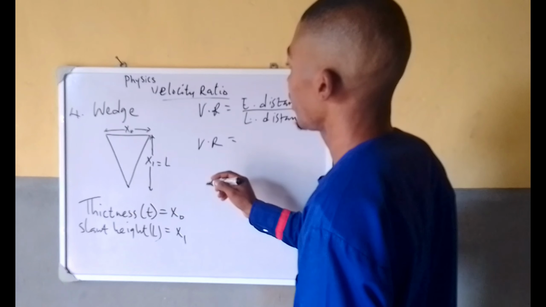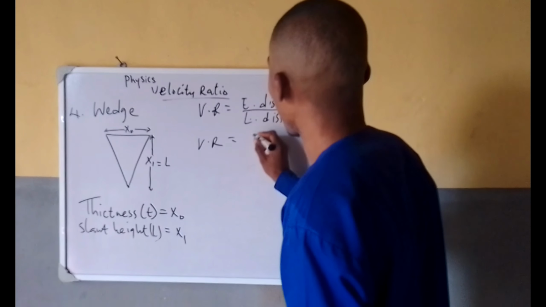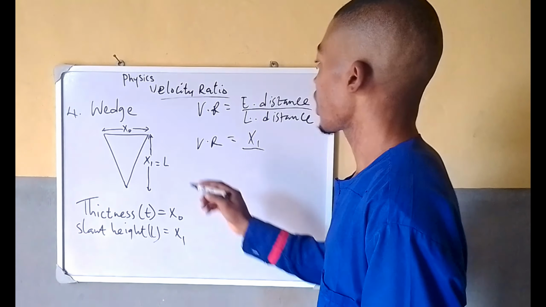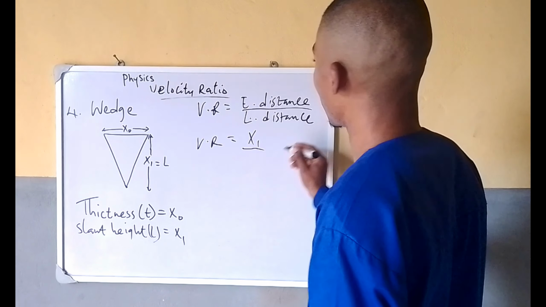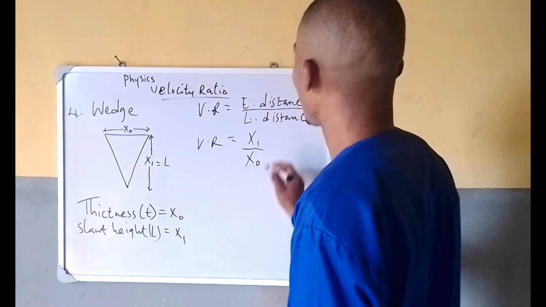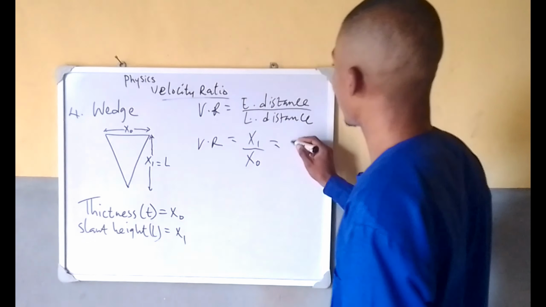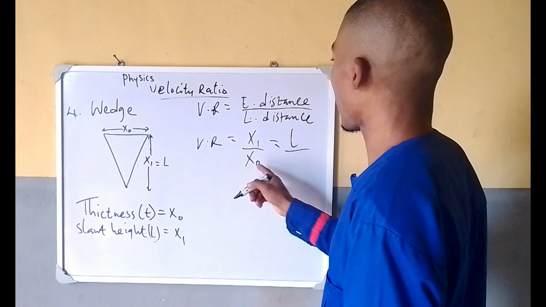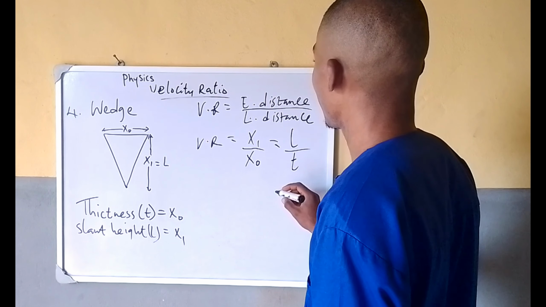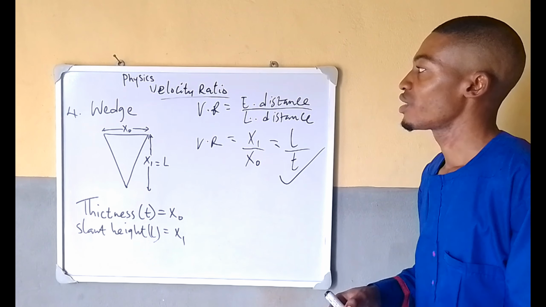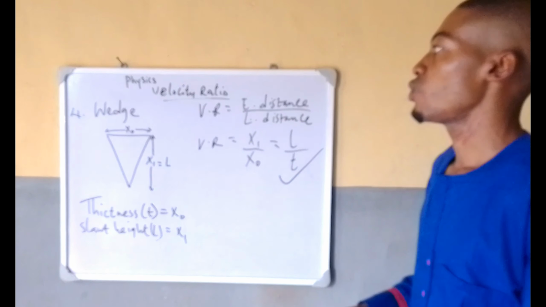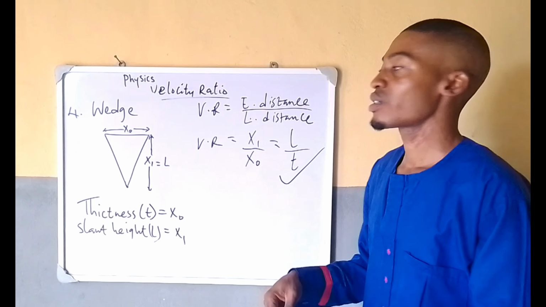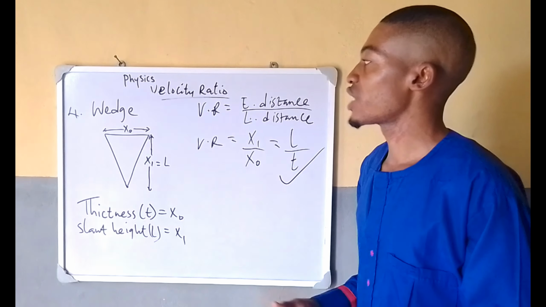So we can write that load distance is equal to x0. Effort distance is x1. Load distance is x0, which is equal to, what is x1? x1 is slant height of the wedge divided by, what is x0? x0 is thickness. So this is the velocity ratio for wedge. You use slant height divided by the thickness of that wedge. So the next one is